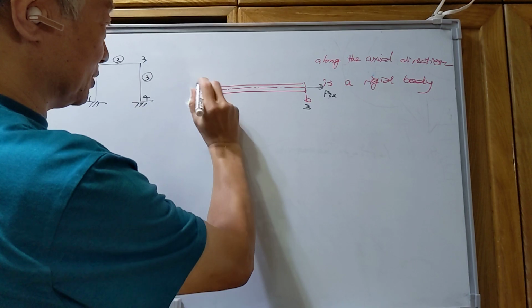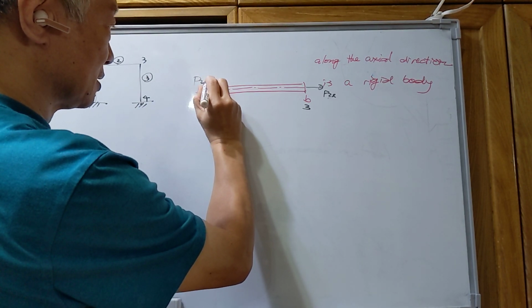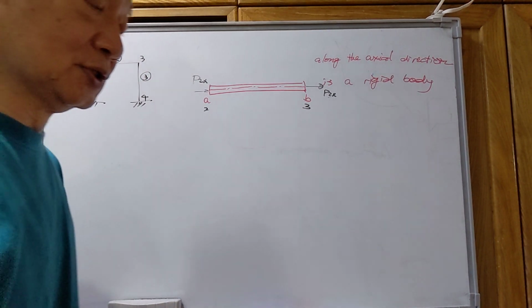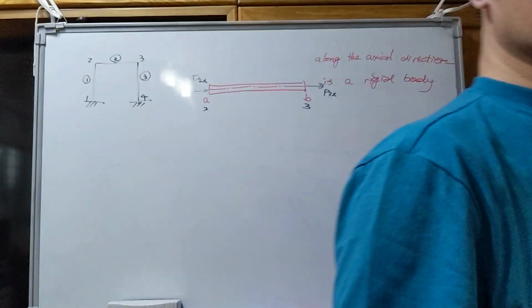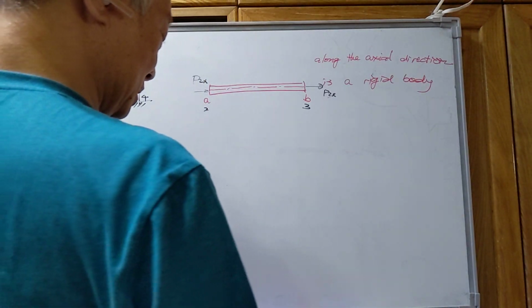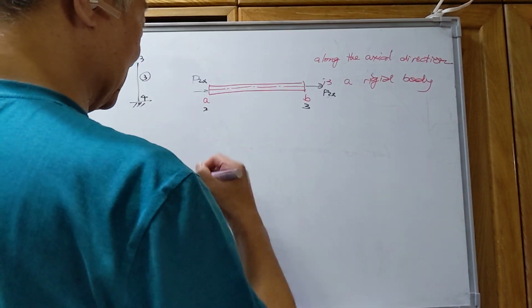Also, we have the P2x, which is the horizontal load applied to the node point 2. And then we can always say